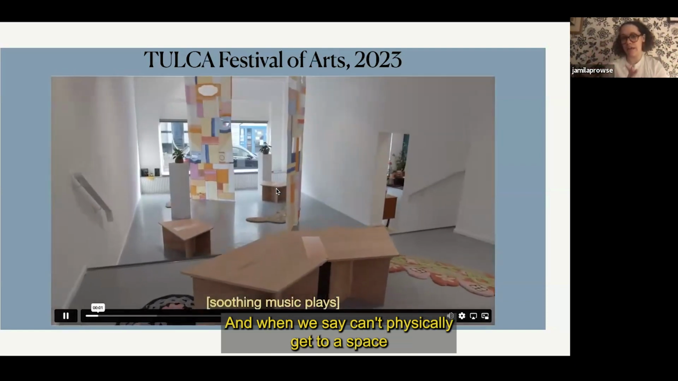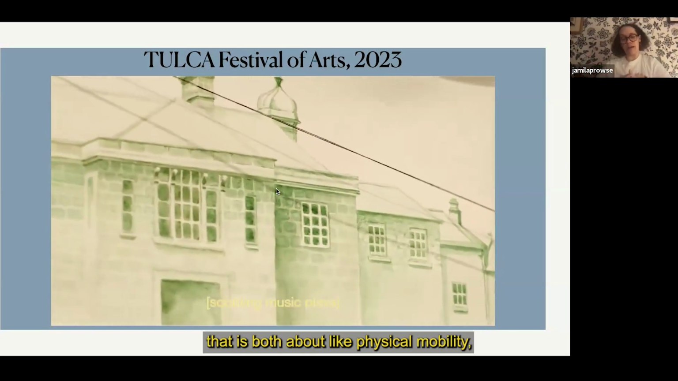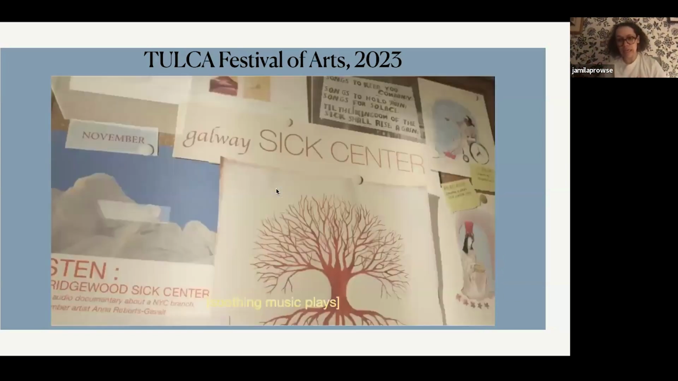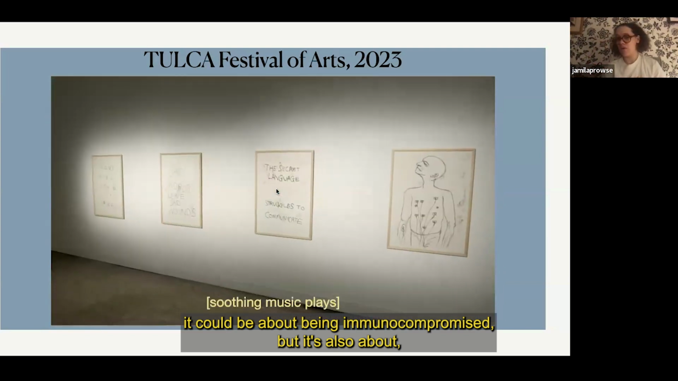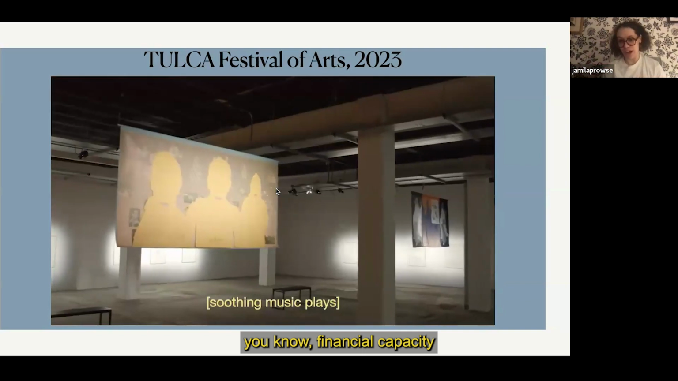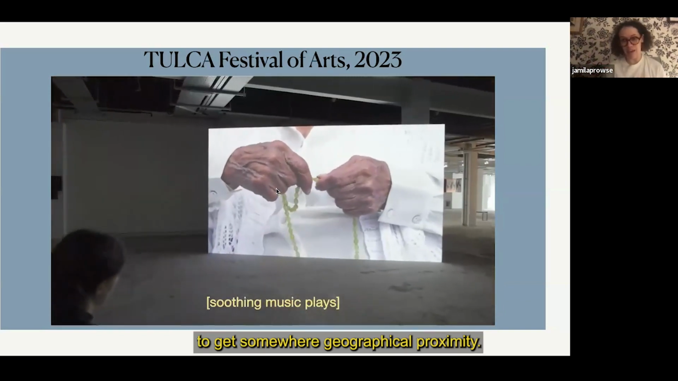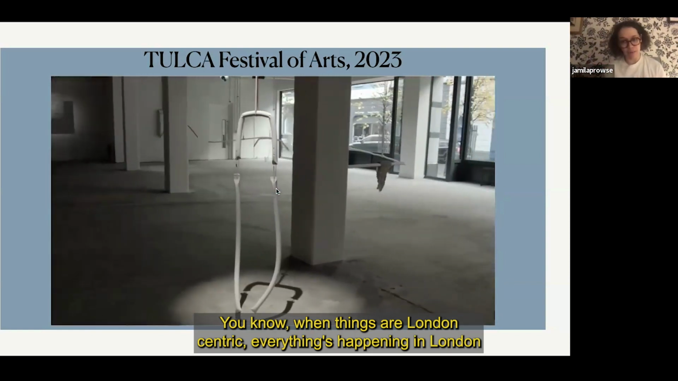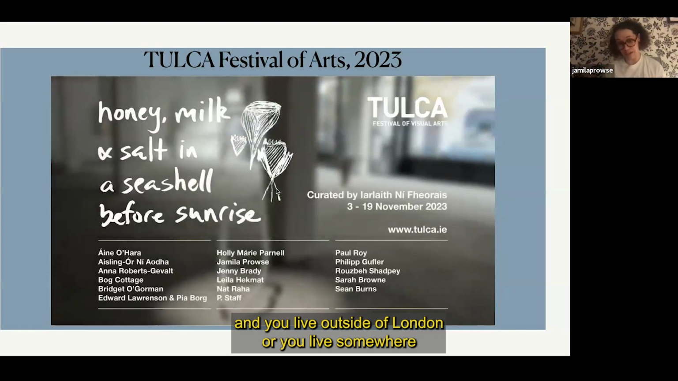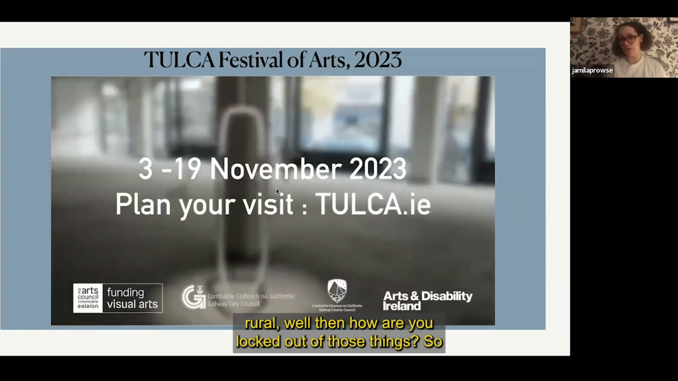When we say can't physically get to a space, that is about physical mobility, it could be about being immunocompromised, but it's also about financial capacity to get somewhere, geographical proximity, when things are London-centric and everything's happening in London and you live outside of London or somewhere rural, well then how are you locked out of those things? So